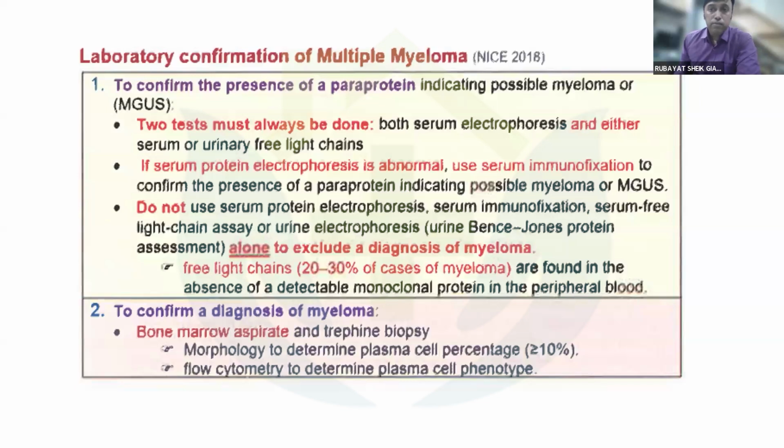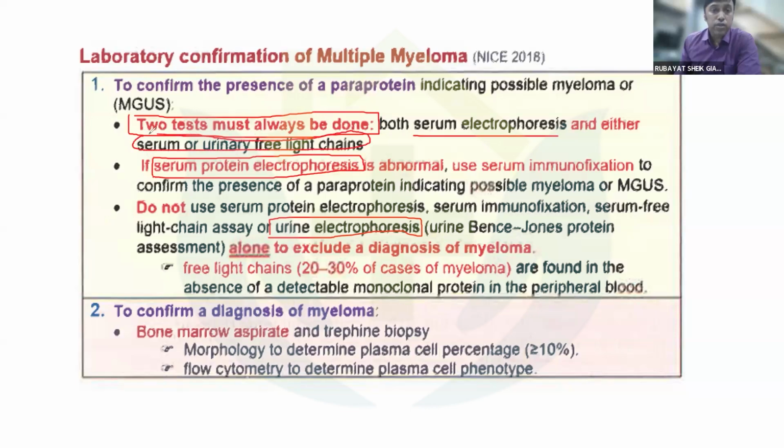These are a few practical tips, usually not asked in so much detail in the examination, but sometimes serum protein electrophoresis might not be abnormal. You might not get any paraprotein in the serum. That's why you also might have to test the urine for the presence of any paraproteins. So it is advised to do 2 tests to determine the presence of a paraprotein, not to rely on a single test. So you do a serum electrophoresis and either a serum or urinary free light chain,